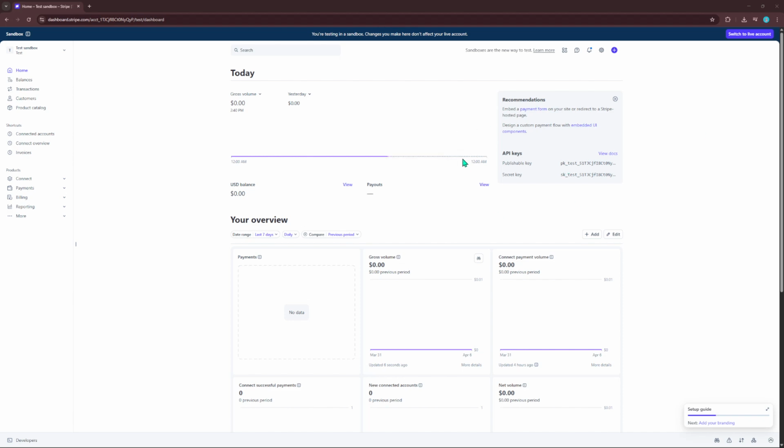First, you'll want to navigate to your Stripe dashboard. Once you're there, locate the option to switch from a test account to a live account. This is typically found in the top right corner of your dashboard. Switching to a live account is crucial because it allows you to enter real business details that Stripe will use